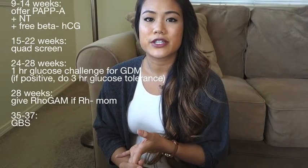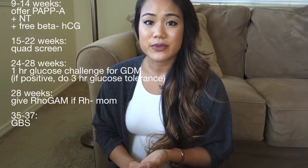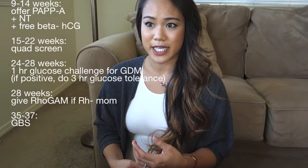So you're going to want to do a pap smear, gonorrhea, chlamydia, hepatitis B, rubella, syphilis, and if they're high risk, you can do HIV screening, and you can also do TB. Those are during the initial visit for everyone. Then around 9 to 14 weeks, you can do a triple screen, and in the second trimester you do a quad screen. Then at 24 weeks, you would check a glucose test for gestational diabetes,